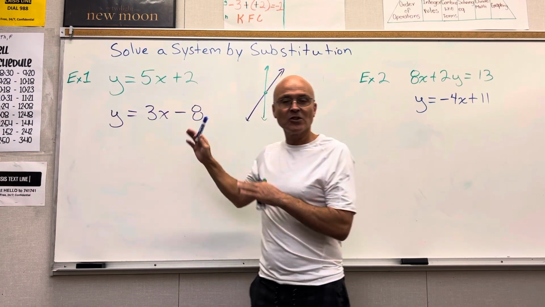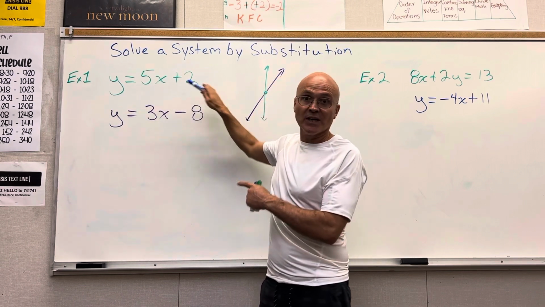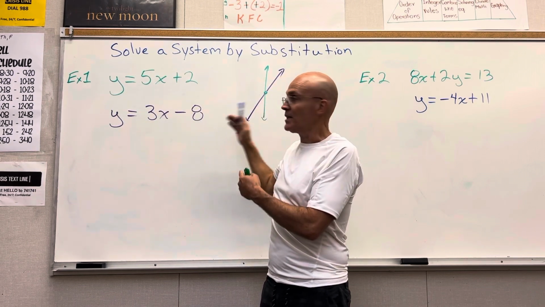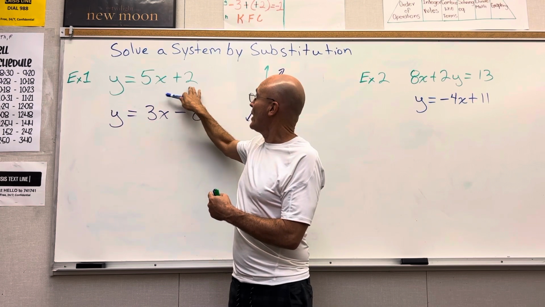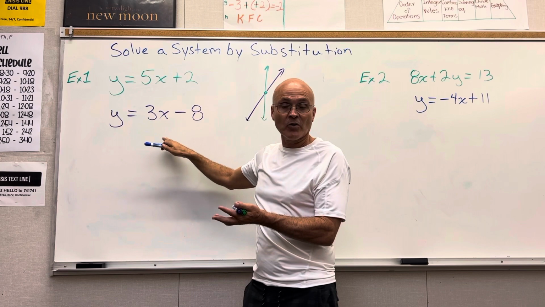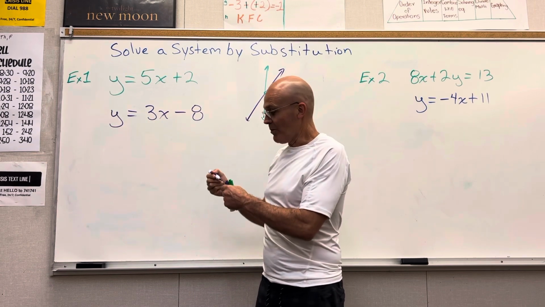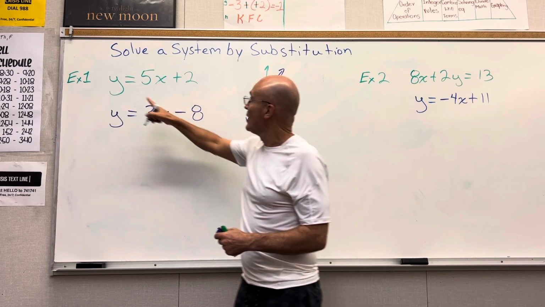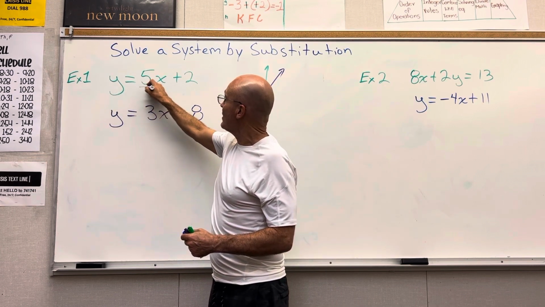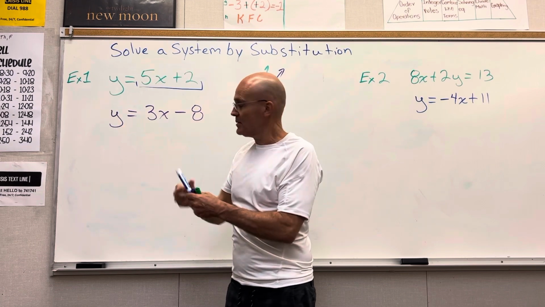Well, this is called substitution. I got this y equals 5x plus 2. You guys can see that it is a straight line. Slope, y-intercept. Here we got y-intercept, slope. If you put it on graph paper, you would find the point where they cross. But I'm going to show you guys some algebra where y equals this guy right here, but y also equals